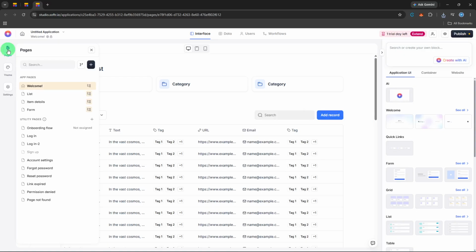Once you're inside the editor, you need to find the Pages option in the vertical menu on the left. Click on it, and you'll see a list of all the pages that make up your application, such as your home page, dashboard, sign-up page, or any custom pages you've created. This is where the structure of your site lives, so take a moment to locate the exact page that holds